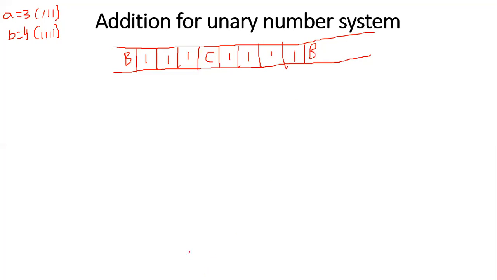So first you have to write your input like this. You have to convert the given decimal number into the unary number system by placing a number of sticks or ones equal to the decimal number. The C will act as the separator between the two numbers. The left side of C contains the unary representation of input A, and the right side contains the unary representation of the second number. It is similar to string concatenation. You just have to concatenate.